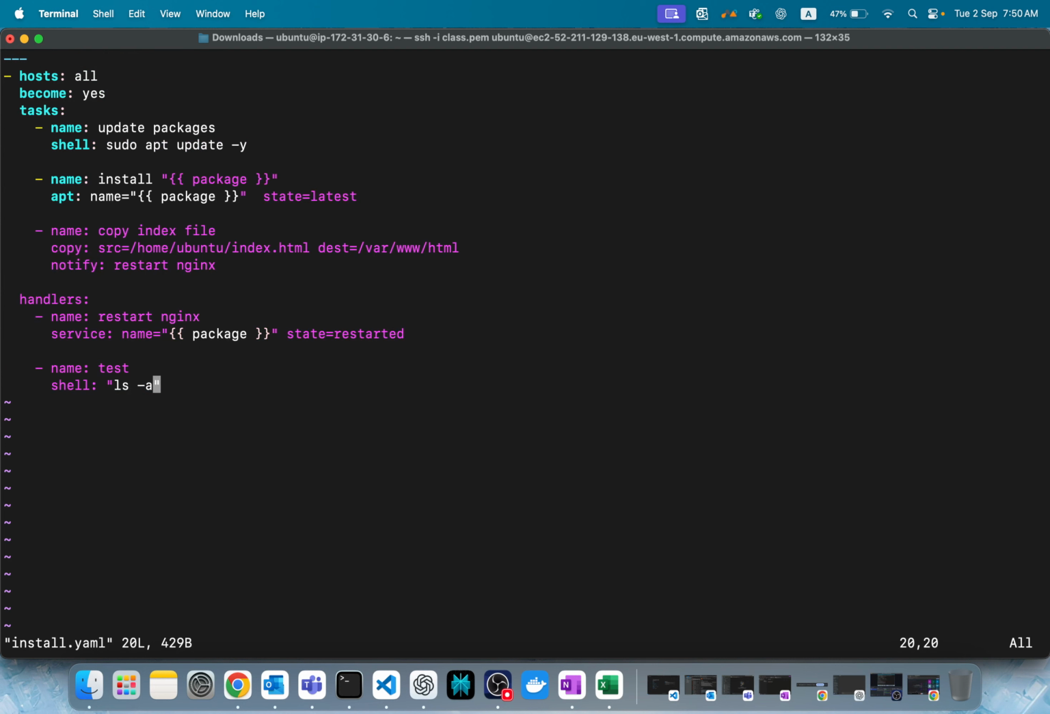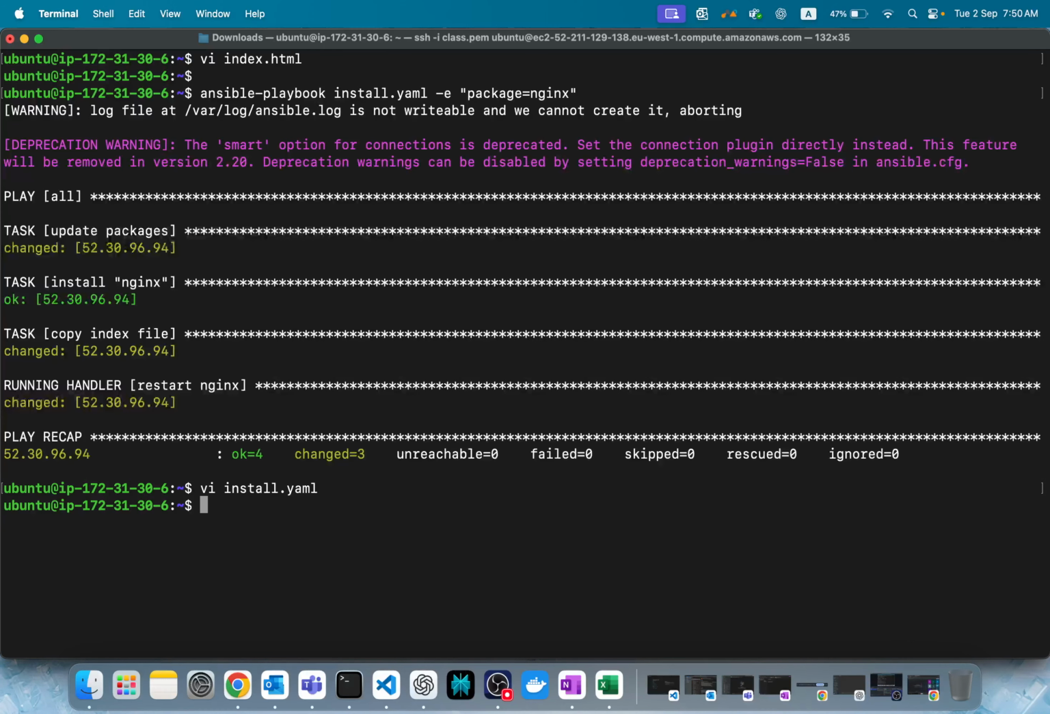Why? Because the test handler is not notified by any task. You can write multiple things like this, but it is fine. See, that's the difference between tasks and handlers. The most commonly asked question when you discuss Ansible is: what is the difference between a task and a